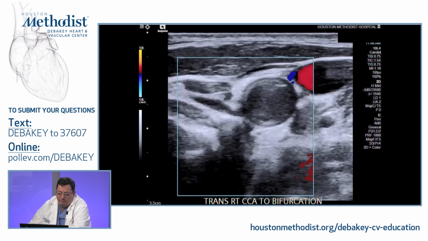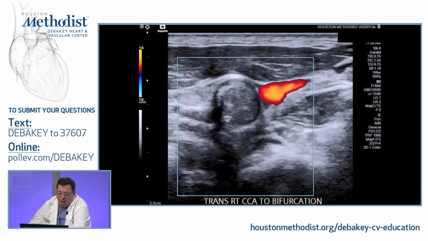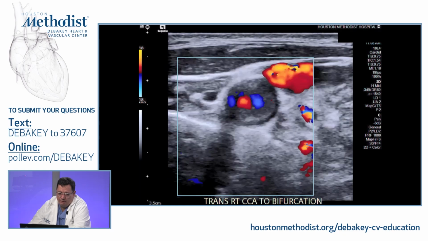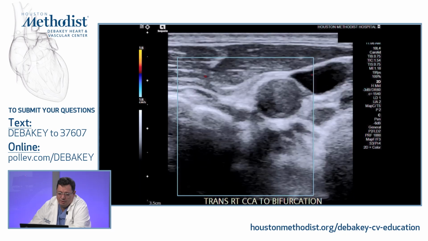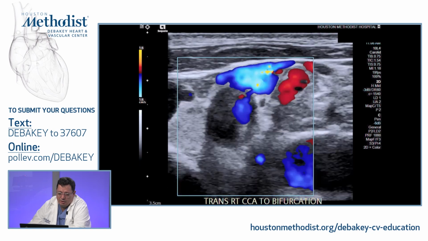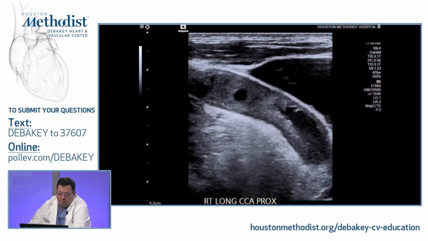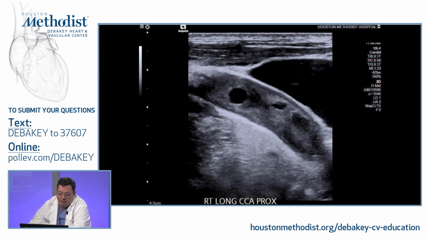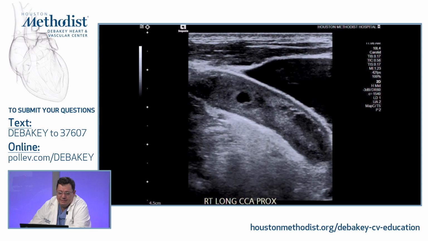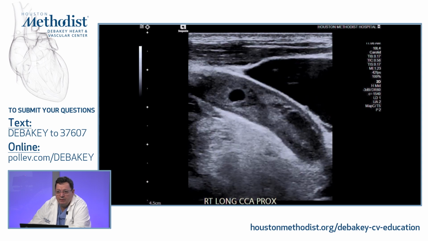And you see the color, definitely not feeling the common, but also after the bulb, when you see the bifurcation here, there's not much flow going up to the ICA either. Interesting pulsation on the common, and these are the holes. And again, with the density, when I first saw it, I think the